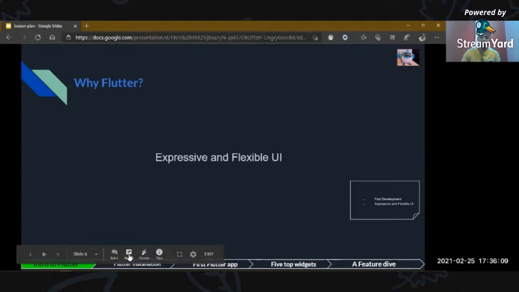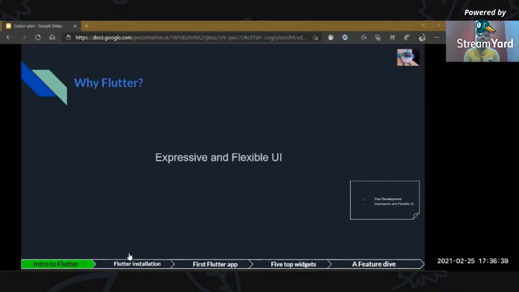So what is material design feature? Material design is a design language that is developed by Google itself for incorporating into Android devices. So now it opens up for iOS as well. We'll see it in Flutter live.